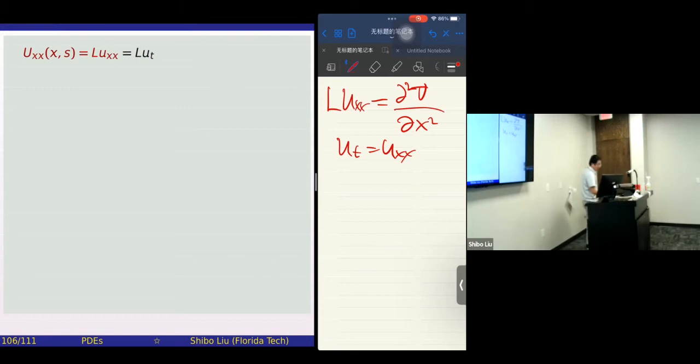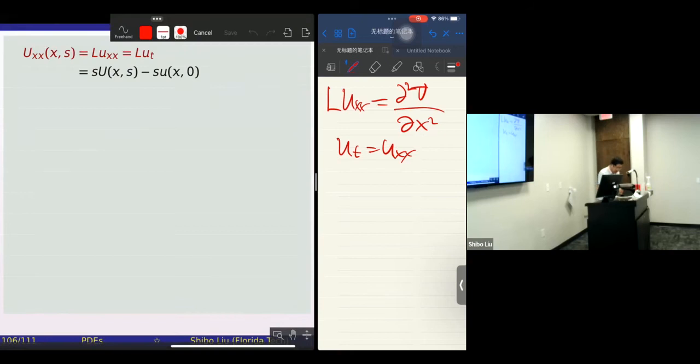But the Laplace transform of u_t is sU minus u(x,0), but u(x,0) is 0, so we only have